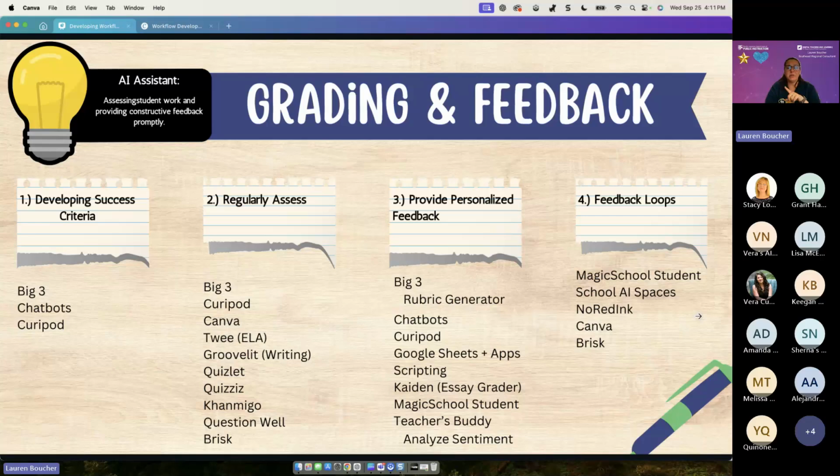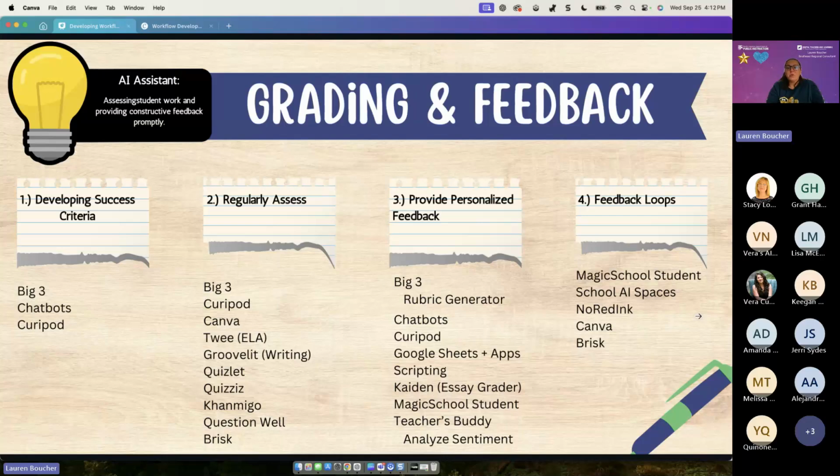I need to make this note in here, but if you've never heard of or used a 1-point rubric, those are my favorite. It really helps you as the educator focus in on what exactly you're measuring and what the purpose of that assignment is for, which relates directly back to defining our success criteria. So it just kind of keeps us in our lane. So that's the 1-point rubric. All of the big three, chatbots, all of those can generate rubrics for you.